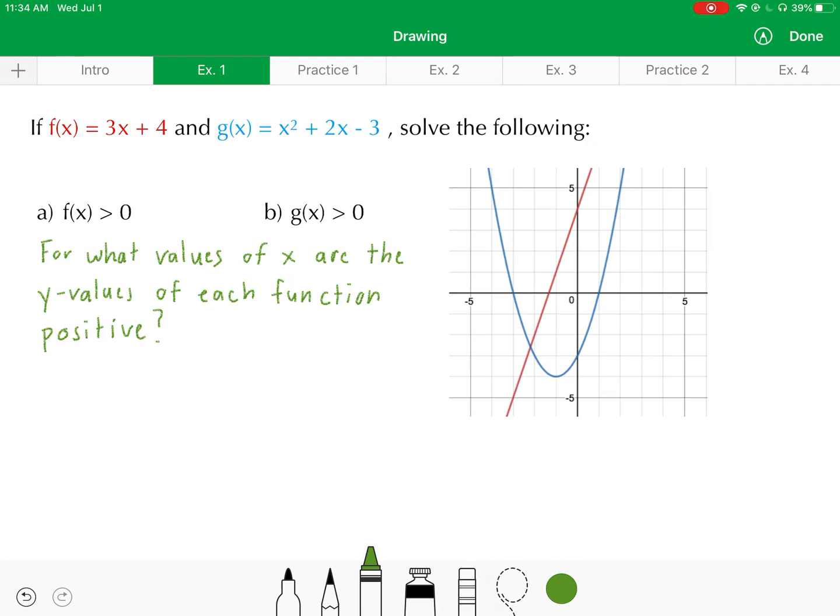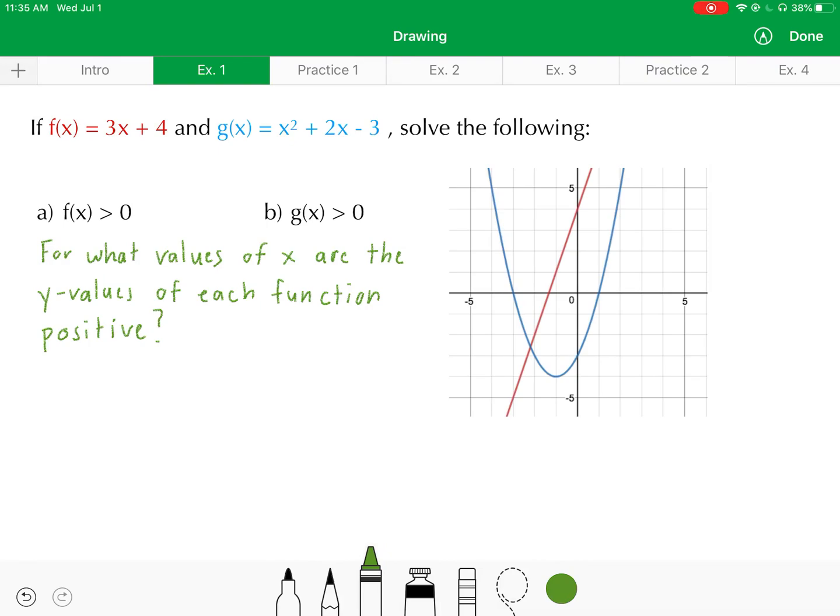Okay, so let's pretend for a moment we didn't have the equations for the two functions, and instead all we had were the graphs, okay? So graphically, when your y values are positive, that means your corresponding points would have to be above the x-axis,